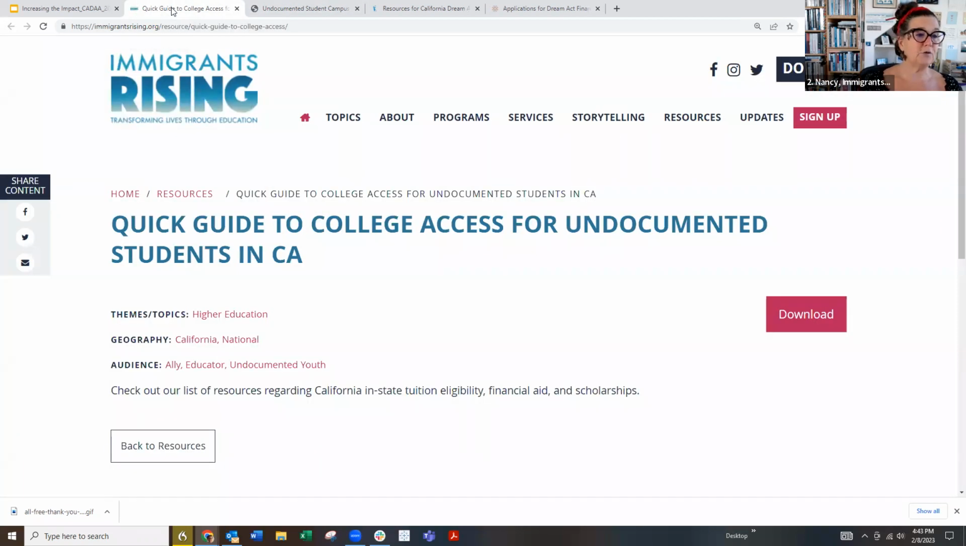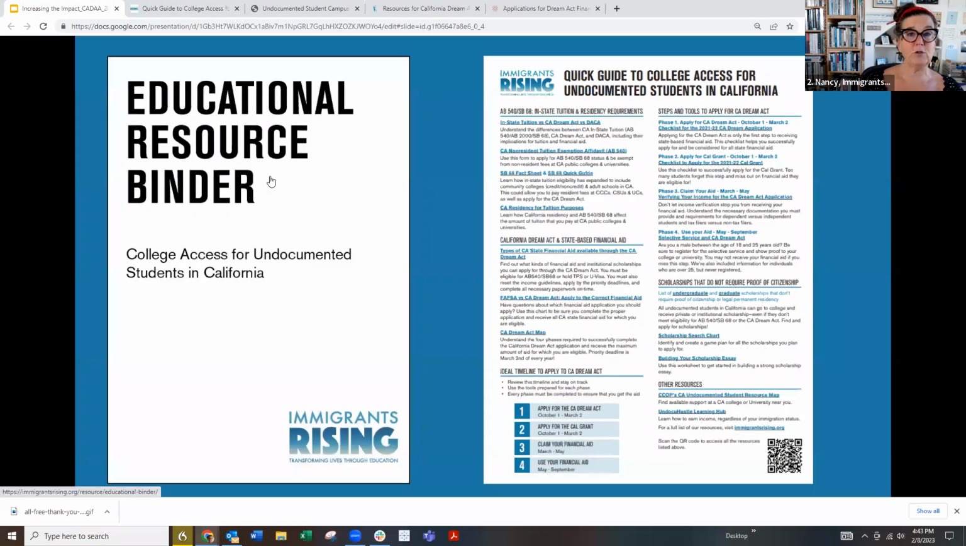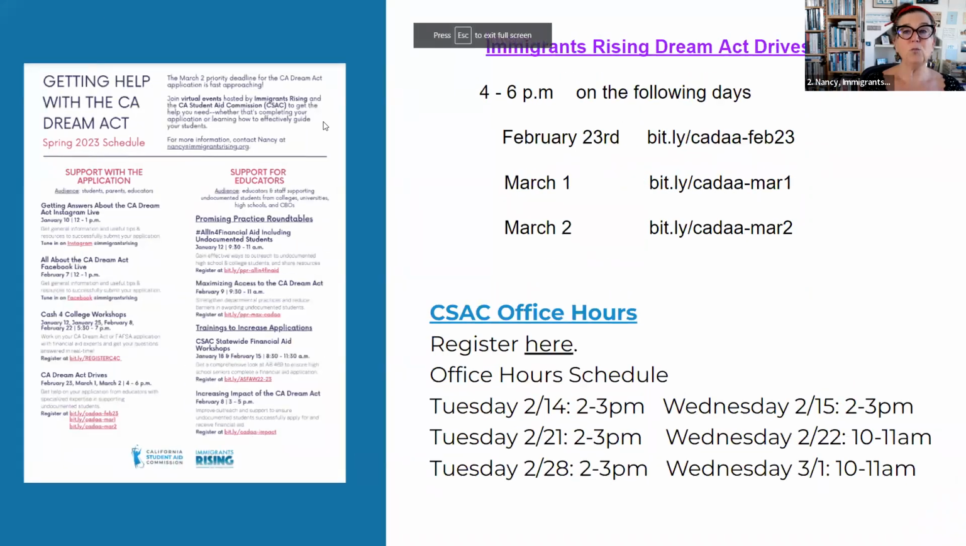But the quick guide is just a great resource to have in your physical office or link on your website, so that all the information is easily available for students in one spot. And then we do have a couple of